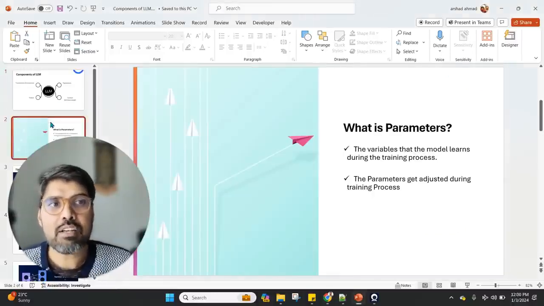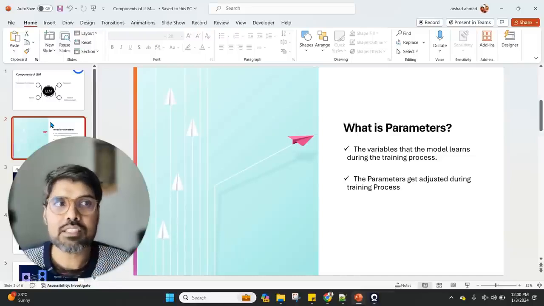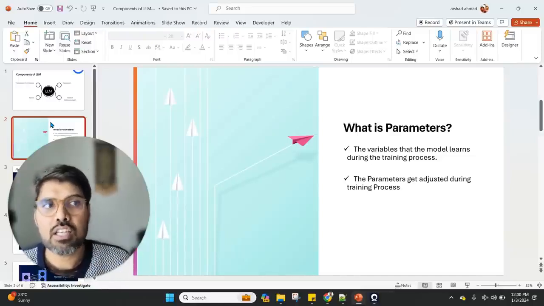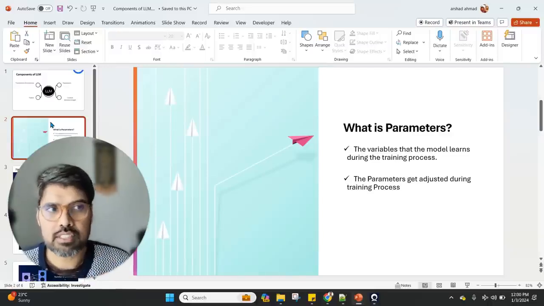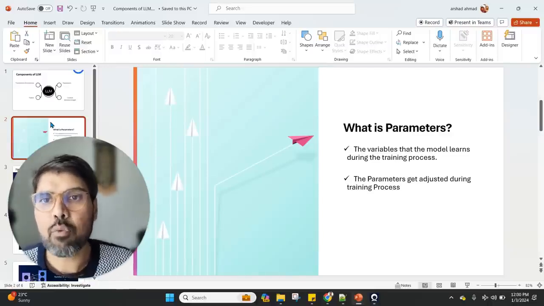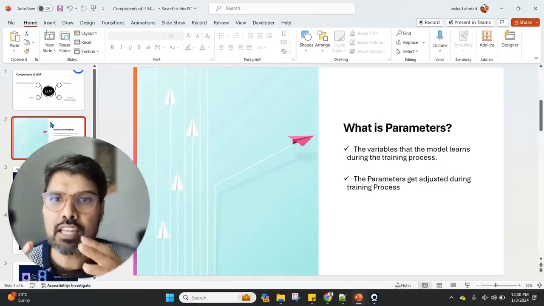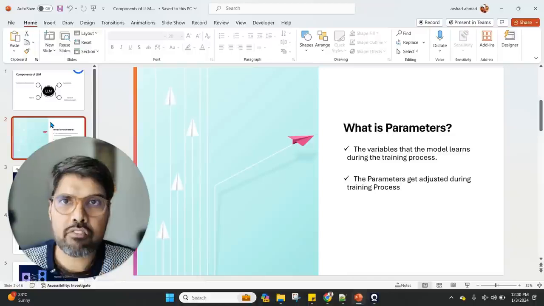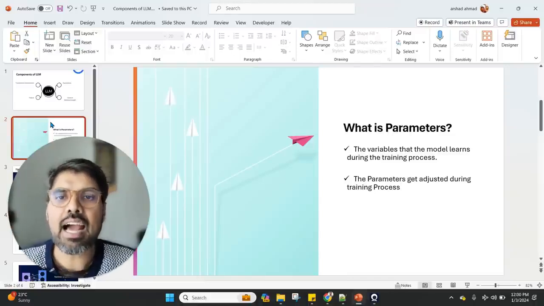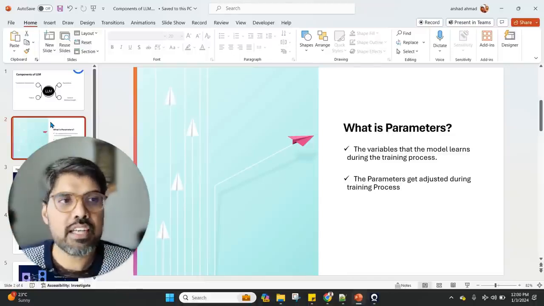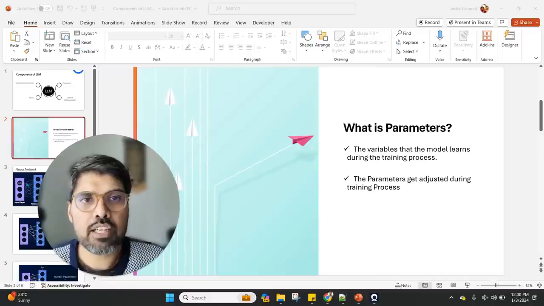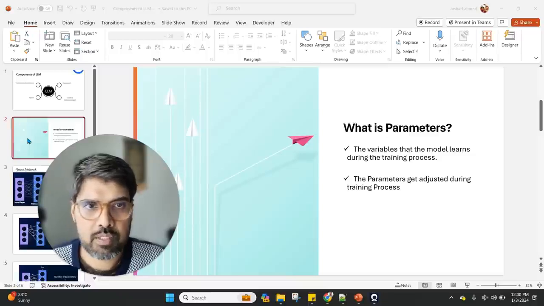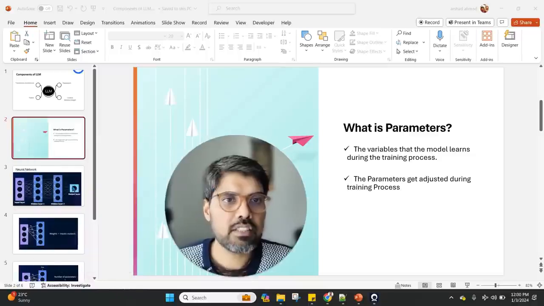Parameters are the variables that the model learns during the training process, and they get adjusted during the training process. Why does this happen? Because for a given input during training, you want to minimize the difference between the predicted and the actual output. Let me give you an example of a neural network and how the parameter comes into the picture. So in this next slide,